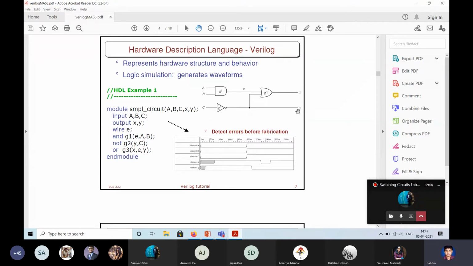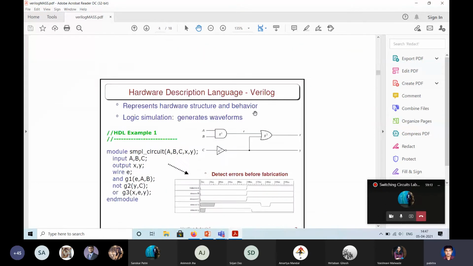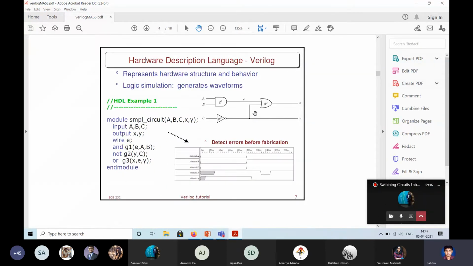Let's start with this simple circuit. So this is the overview of what you can do. Now let's start from a little more basic. In fact, I will not go through all the features. There are lots of features. But one thing I can tell you, it's very much like C, except for the instantiation and the data types. There are 4 primitive data types: wire, register, integer and real. Integer and real are used for counting or for floating point representations and so on. So let us look at this.